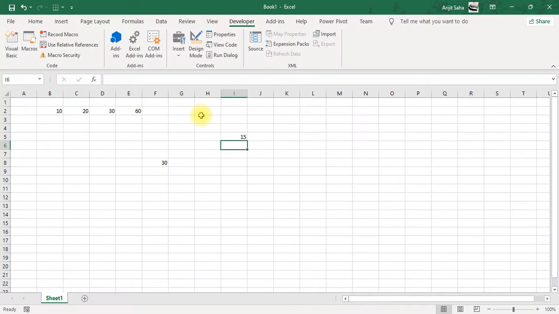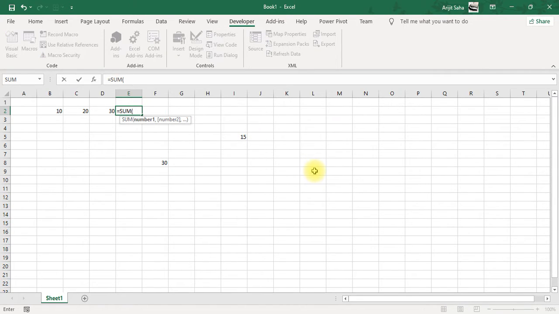But when we did this sum function, what we did, I can type equal to sum first bracket. As you can see, number 1, number 2, there are some values it is asking. If I select 10, then press comma, number 2 is getting activated, then I press this 20 cell, again press comma and click on 30. As you can see, as I am clicking on, it is continuously increasing. So these B2, C2, D2, these cell addresses